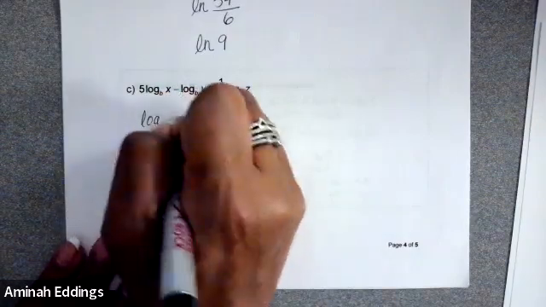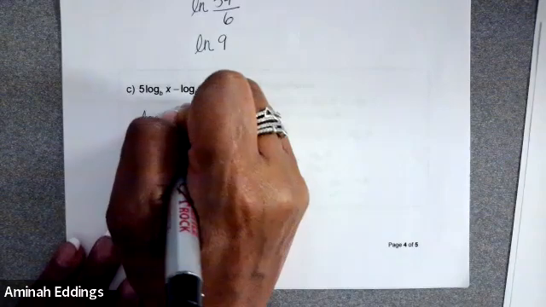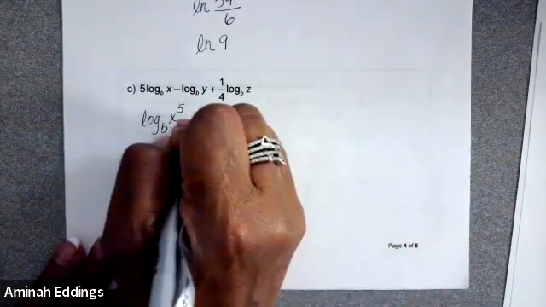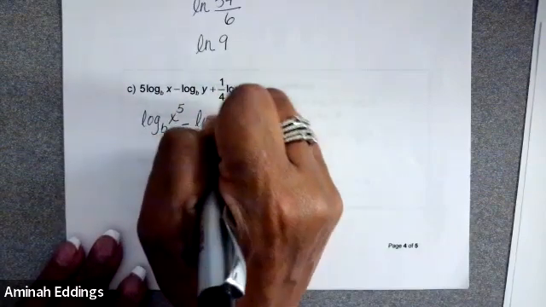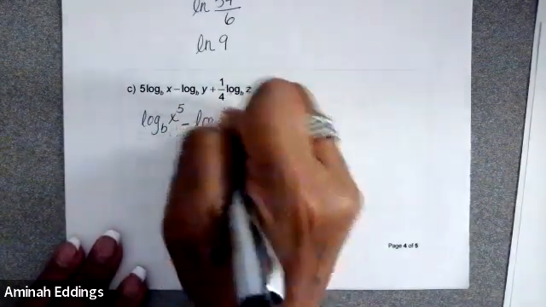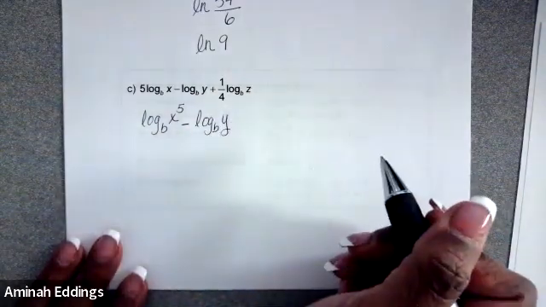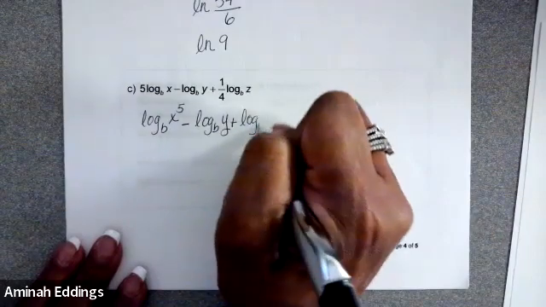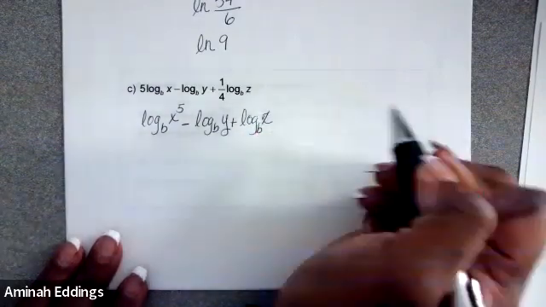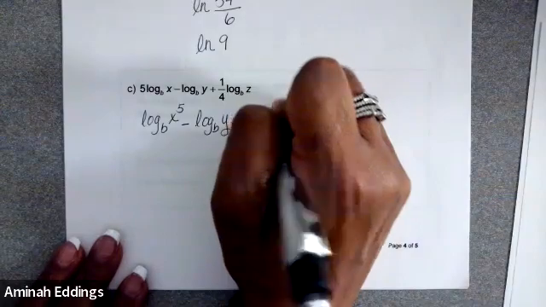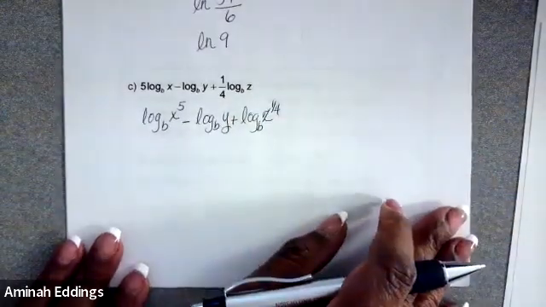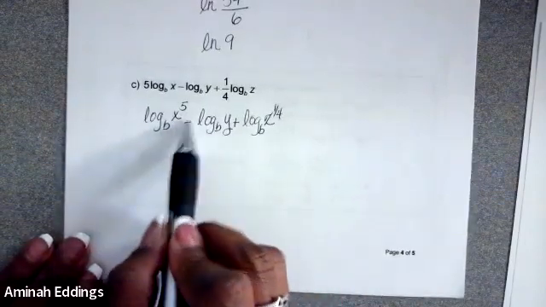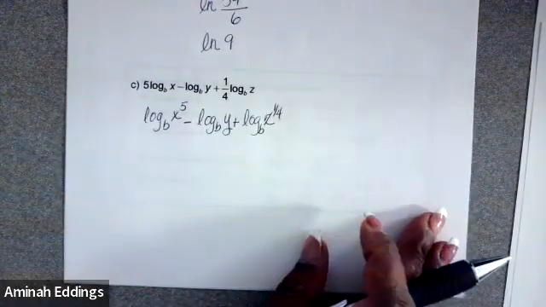So it's going to become log base b of x to the 5th power, minus log base b of y, we're not touching that yet, plus log base b of z to the 1/4. Good. Now we look and we see subtraction. So that means we can rewrite this as